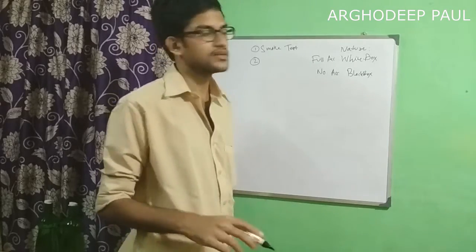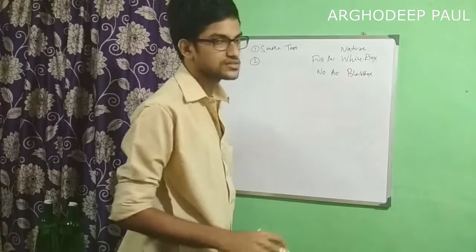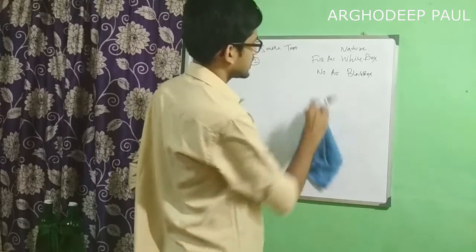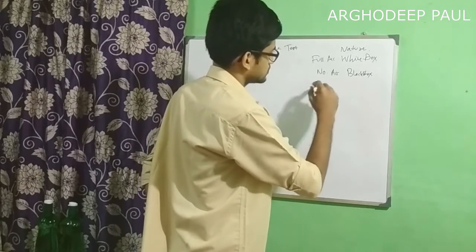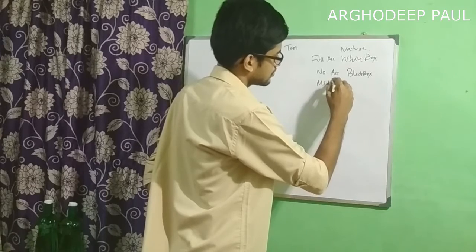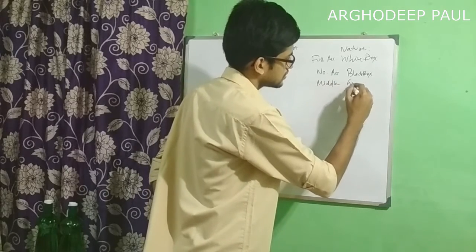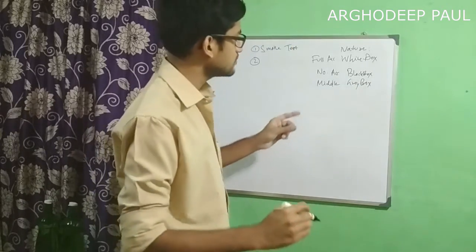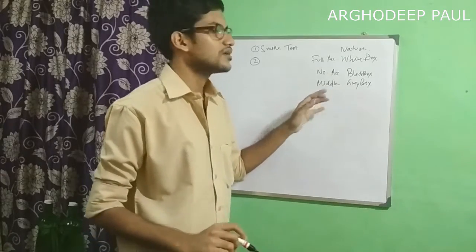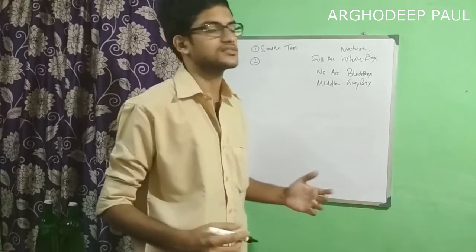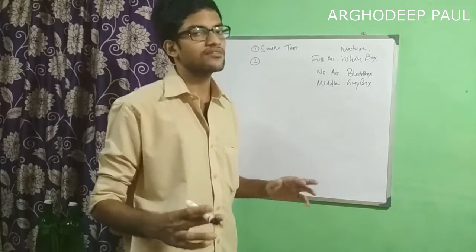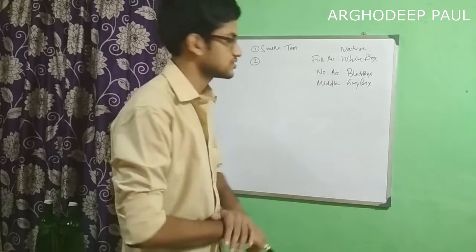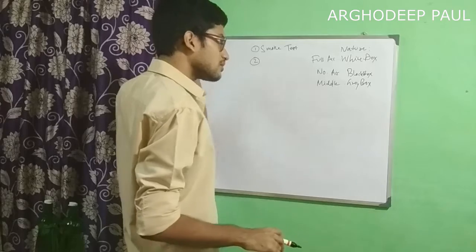I'm talking about the nature of test, or you can say the testing strategies. What are the testing strategies available? One is white box, second is black box, and third one is gray. I also had to write the access level, that is middle. This is gray box. Gray box means the tester or testing team would have a medium level of access. For few modules they would have full access, and for the rest of the modules they would have no access to the source code. So this is all about the testing nature.